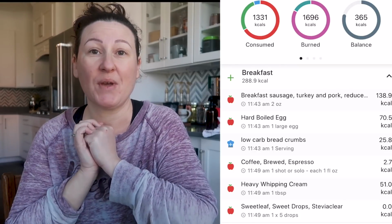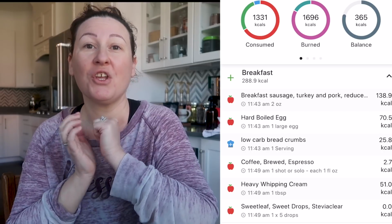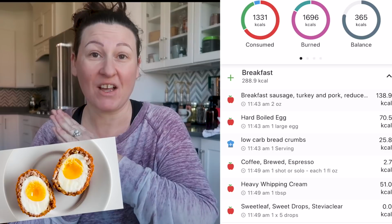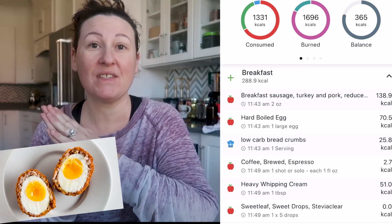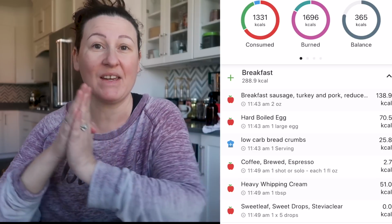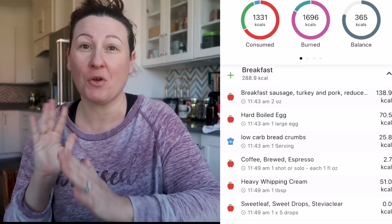I kind of wanted to break down what a breakfast, lunch, and dinner could look like for you, and then just kind of chat about that. For breakfast, we're going to have coffee and heavy cream with a little bit of stevia sweetener. You can add some collagen to that if you like, and then have a Scotch egg. If you're not into eating breakfast and want to skip the Scotch egg and just have the coffee, that's completely fine, and then move your first actual meal a little later in the day, whether you're a breakfast person